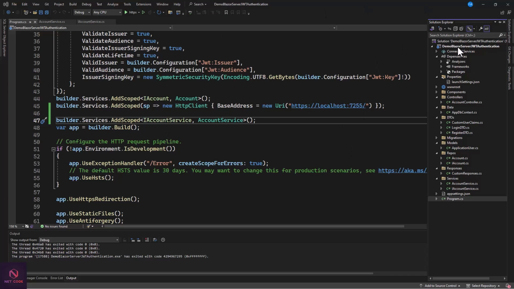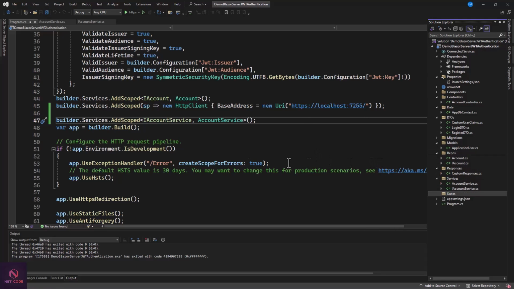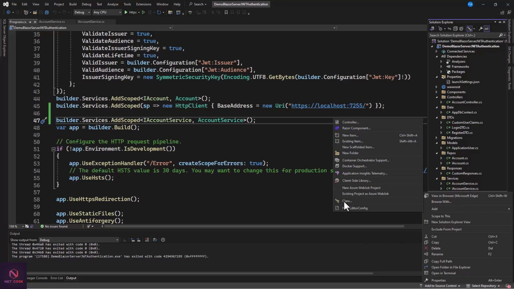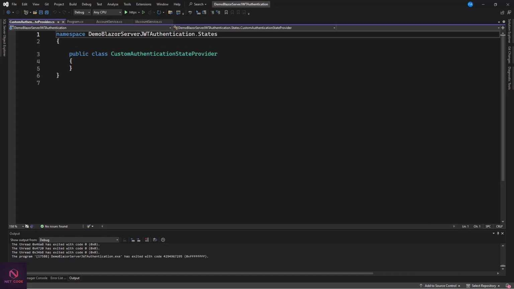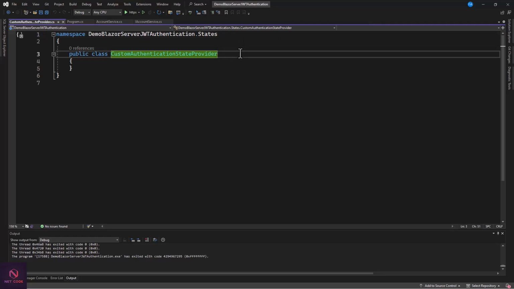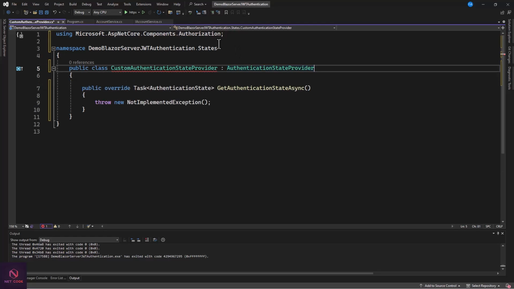Solution. Let's create a folder and I'll name it maybe states, or what do you think? What should be the name? State will be okay for me. What of you? So let's have our custom auth states. In here, let's create this class. Now, you know, custom auth states should inherit from authentication state provider. Control period, we need to implement this interface in it. And once you have this method implemented,